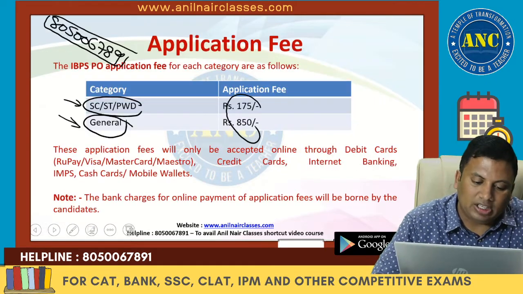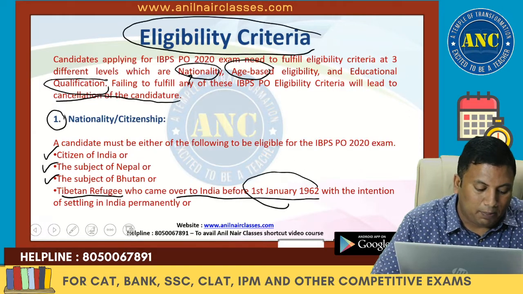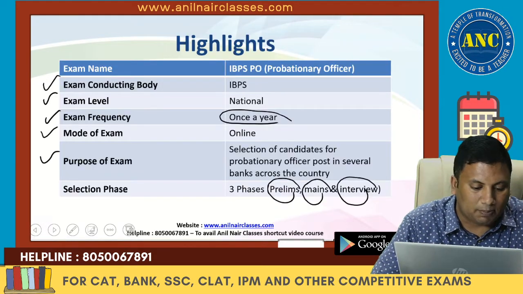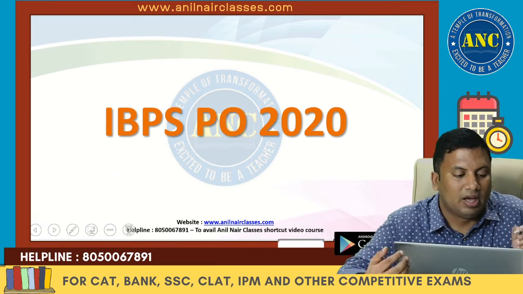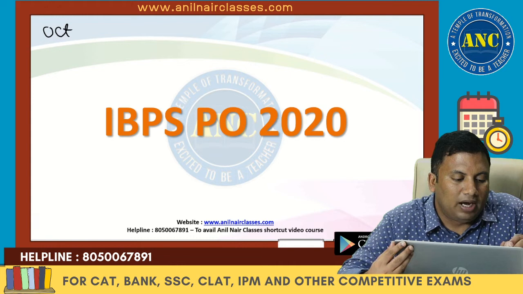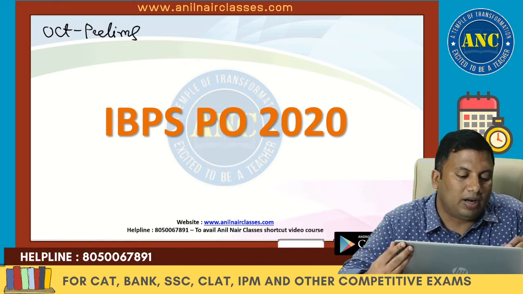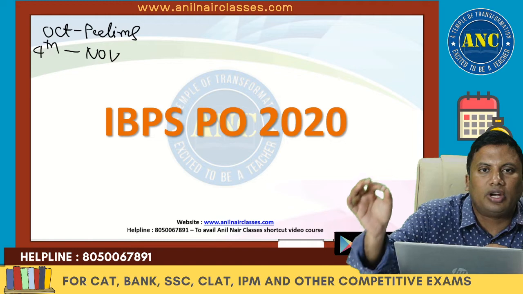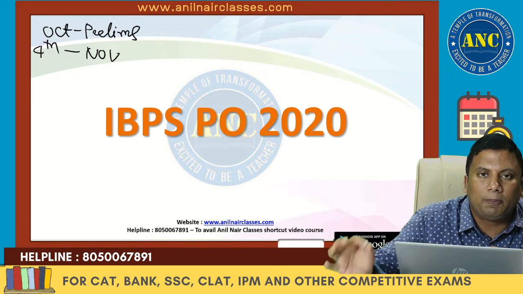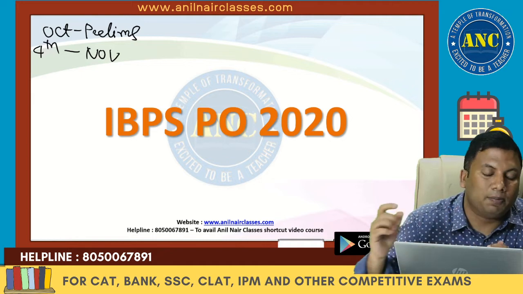One important notification is out. It is a COVID time. People are losing their jobs in the private sector. Extremely important notification came. Right, the October prelims examination is happening in the 1st and 2nd week of October. The November 4th week mains examination is happening. Golden opportunity for the students to prepare very well for the next 2 months and get into this IBPS PO examination.